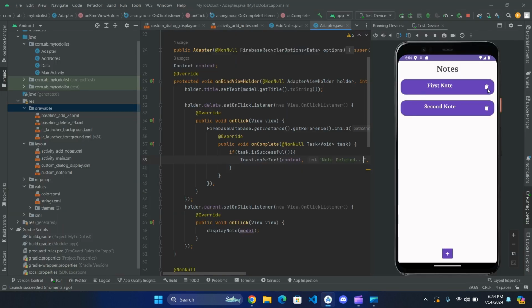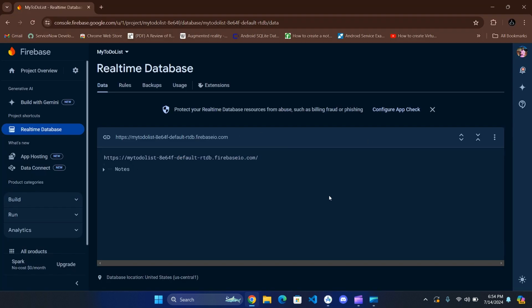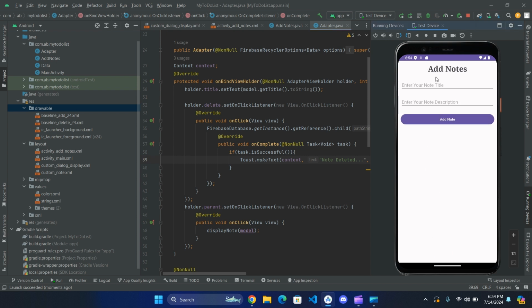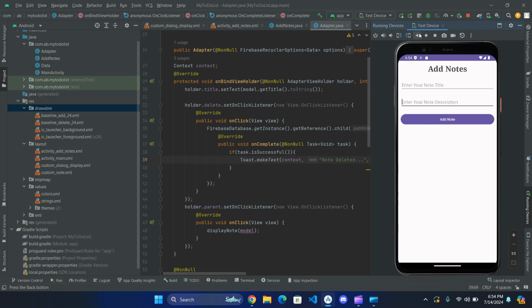As you can see, the delete button is showing over here. Now, first, there are two nodes, right? Now, add something random like note to be deleted, and I will type something random. Let's add that. It is added,